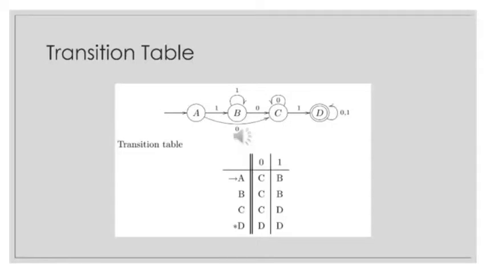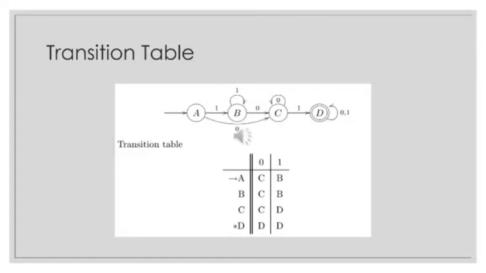In this, we are going to discuss how we can write a transition table from the transition diagram. Here they have given a transition diagram. When you are writing a transition table, your rows should be the states. In this diagram, we have state A, state B, state C, and state D. So you have to write all these states as rows. And what input symbols do you have? You have 0 and 1. You have to write the input symbols as columns.